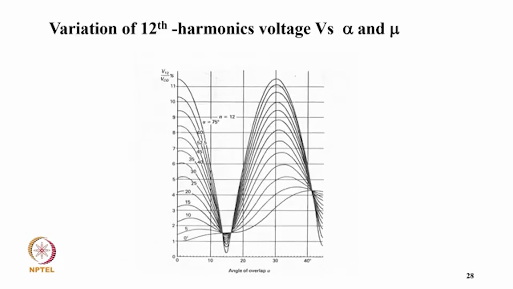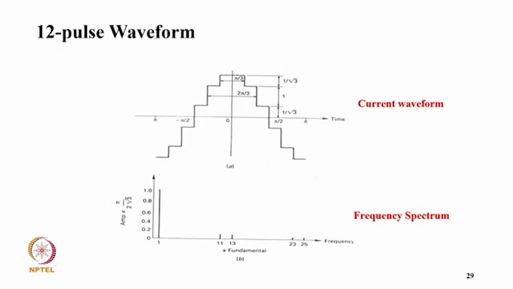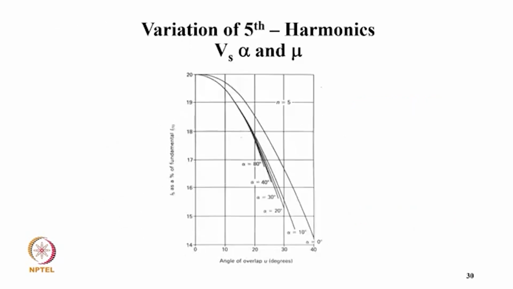Now this is typically 12th harmonics versus voltage and your alpha and with the mu variation, how it is there. Now coming to 12 pulse waveform, as you can see the waveform and the harmonic analysis clearly shows, other than fundamental, you have 11, 13, the band 23rd, 25th, which means 12n plus minus 1, and higher order will be like your 35, 37. And these are variation of fifth harmonic with voltage, alpha and mu, as you can see here with the overlap